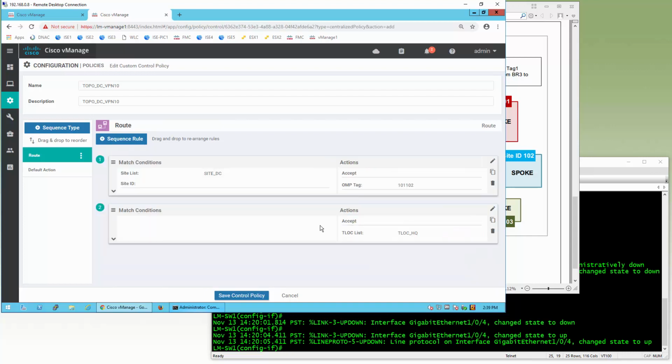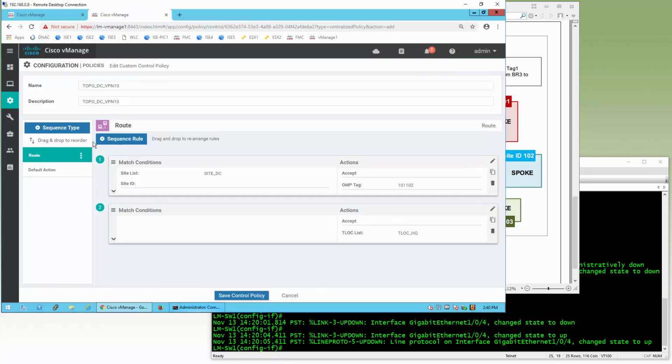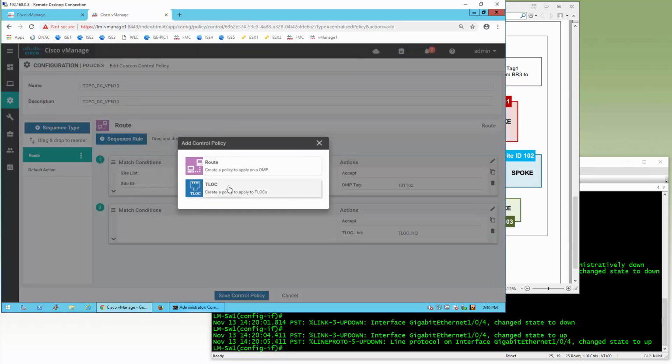But that's only for allowing the OMP routes, right? We're still not allowing the T-lock route. If you just leave it like this, then there would not be any tunnel being created because these sites would not be learning any T-lock routes. So still need to make one more sequence type